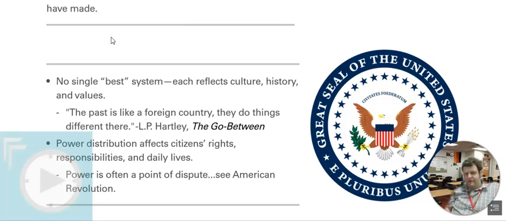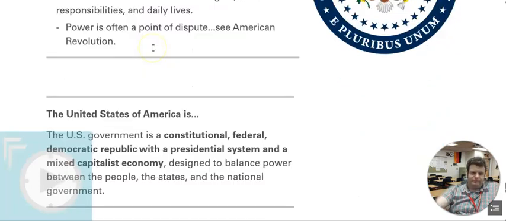It matters because these terms allow us to talk about power and how it's distributed. How do the people within a country have their interests represented? Are they appealing to a monarch? Are they voting in elections? Who decides what and when and where is a very important topic of dispute and comes up time and time again when we're talking about government.